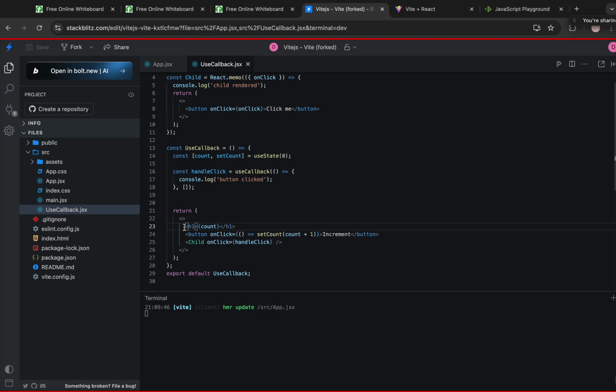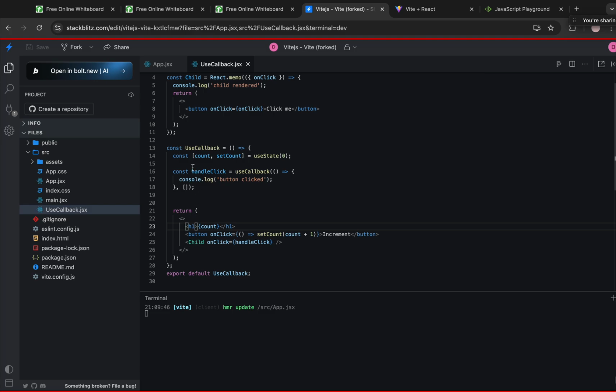When you need to return multiple elements from a component, we wrap them in a div or any other HTML tag. But this adds unnecessary elements to the DOM, which can mess up the layout or styling. Instead of that, a React fragment